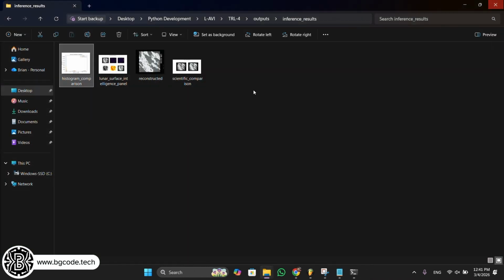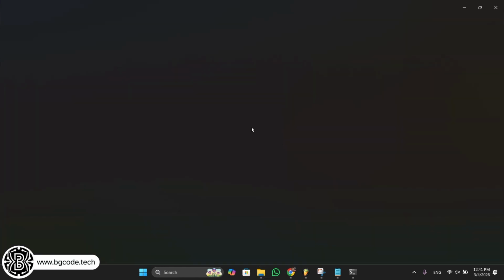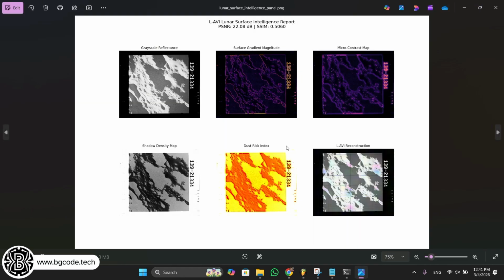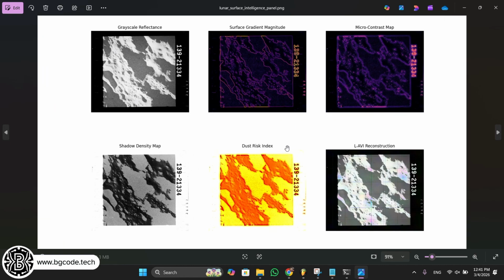Finally, return to File Explorer. You will see 4 files listed here. To start the analysis, locate and open the file named lunarsurface.png. Upon opening the image viewer, we are presented with a 6-panel grid displaying various analytical metrics for the lunar